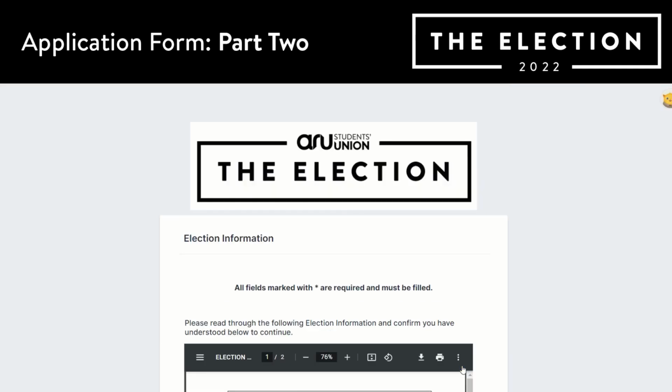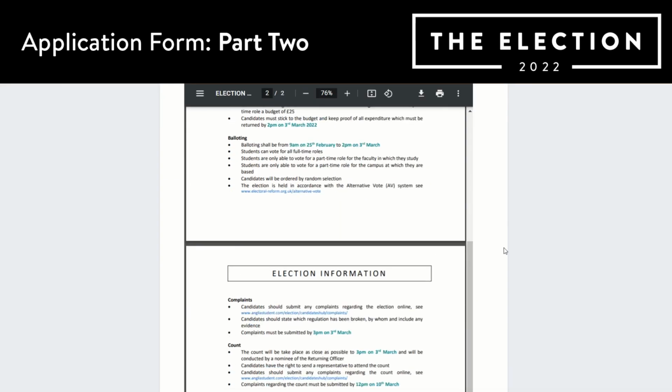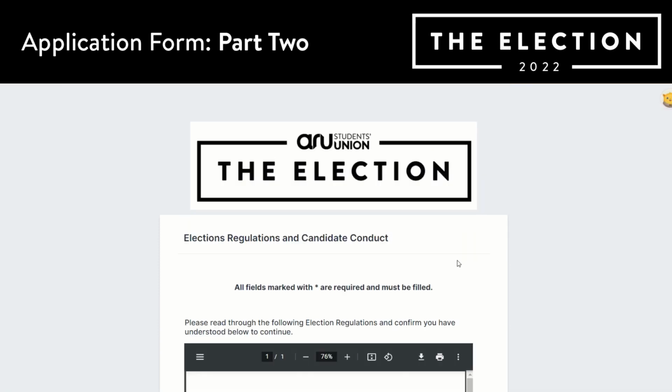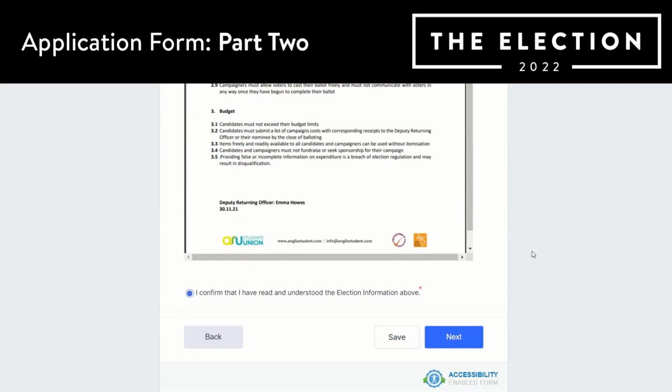After this, you'll have some reading to do. There are a number of documents that you will have to read, and there are boxes at the bottom to tick to confirm that you have read and understood the information. First is information about the election, the election's regulations and the code of conduct that we expect candidates to follow,